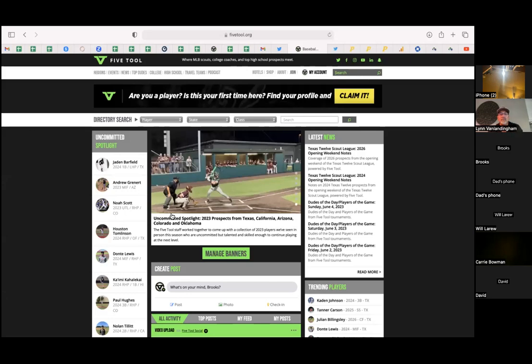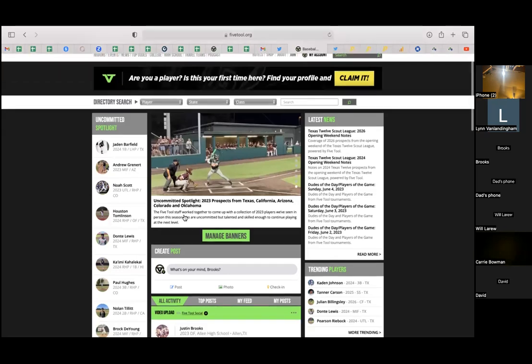And what we've been able to do here is really take that content that we capture at scout days and at our events and centralize it into one location for you to use for a variety of different things. If your son's a pro prospect, to show pro scouts. If he's a college prospect, to show college scouts. If he's just fighting to make varsity, highlight his achievements for his high school coach, right? This is not something designed just for the top players. This is designed for everybody. And we're really proud of the product that we came up with here.